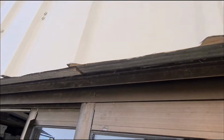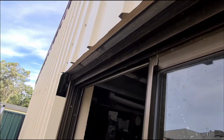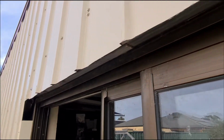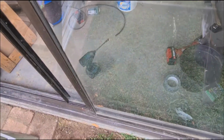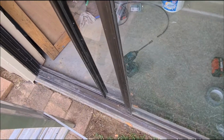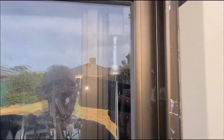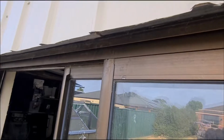So it's slowly coming together now. So just using leftover wood to do that. And yeah, I've replaced the wheels on this and replaced the bottom track, as you know. And then all I have to do is change over the lock, and we're pretty much, yeah, probably about $200 worth to put an old slider in